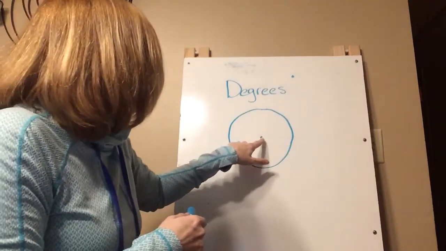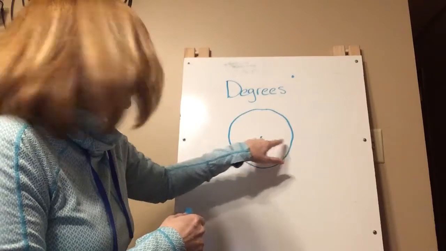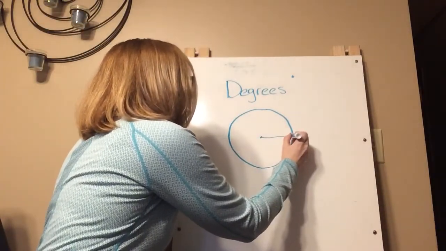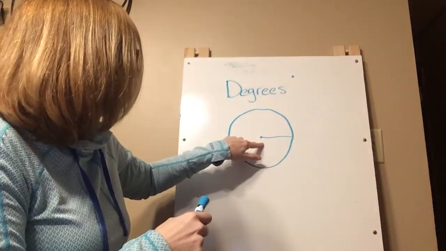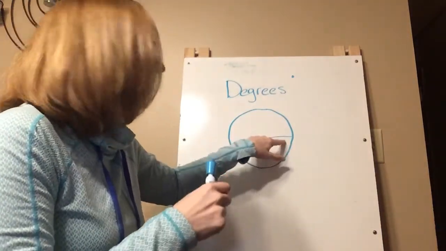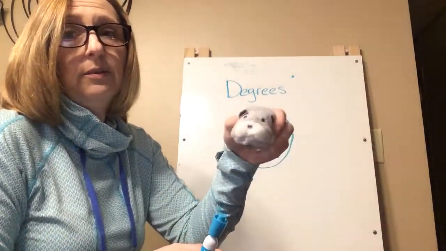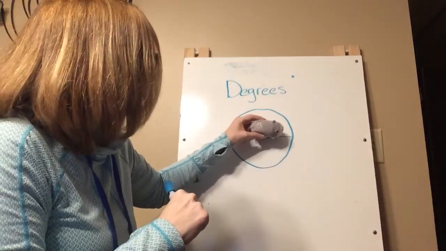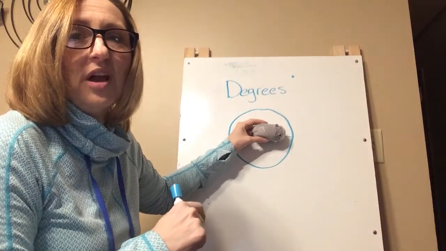So if you go to the center of the circle and you come out, you have to have some sort of starting point. So we're just going to start right there. So here's our starting point. Now, we're going to use my trusty little pet hamster here. So if we have the hamster facing this way,